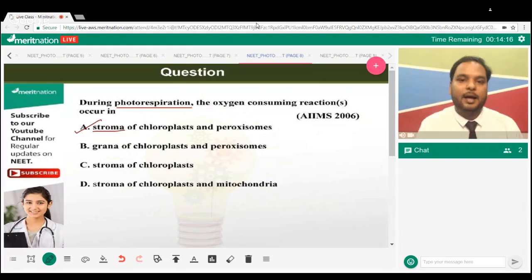So please remember that. Now we have moved into the dark reaction: C3 cycle, photorespiration, C4 cycle, CAM pathways. These four you need to go through, that you have already gone through, and regulation of photosynthesis. This finalizes your photosynthesis. If you can do this thing, definitely you can do a lot of questions of